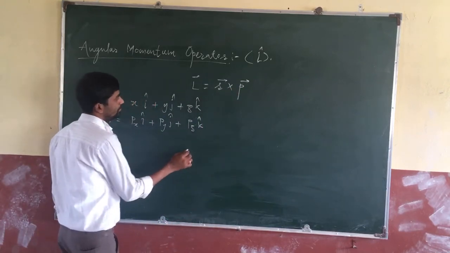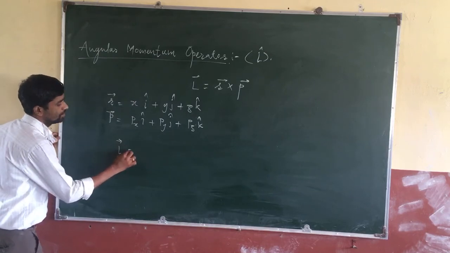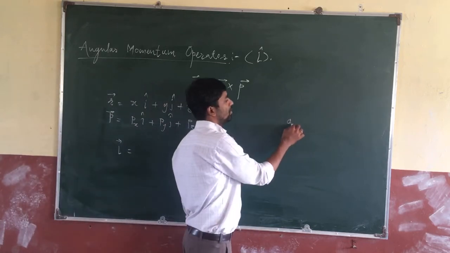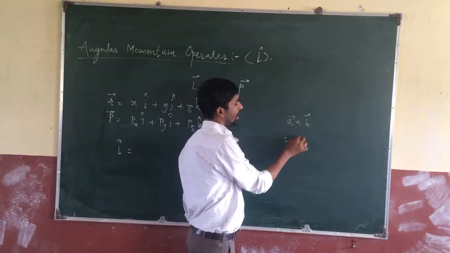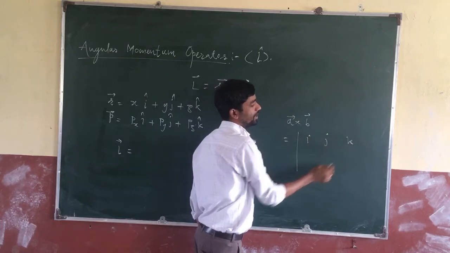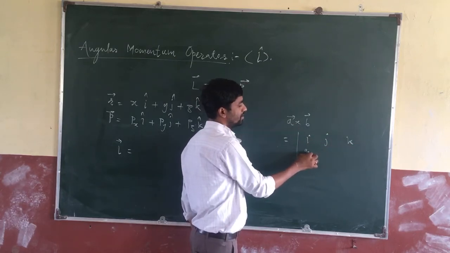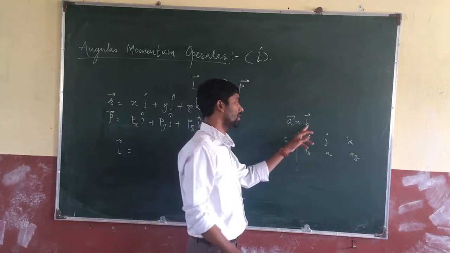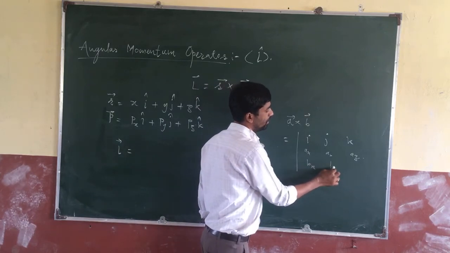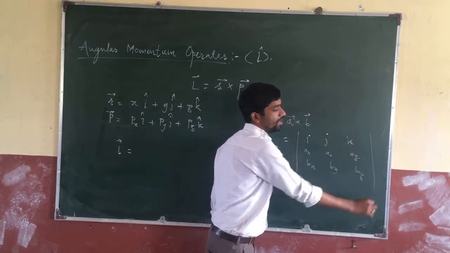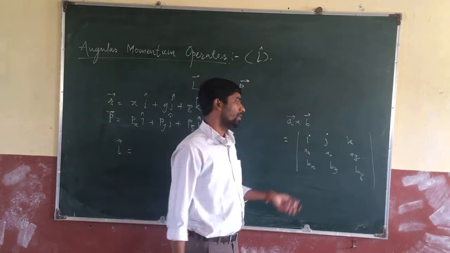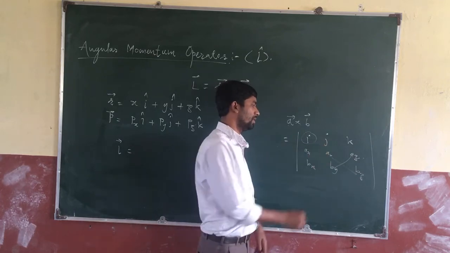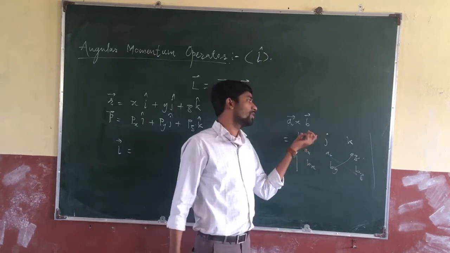this angular momentum L is a cross product of two vectors. Any cross product of two vectors is written with i cap, j cap and k cap in the first row, then the components of vector a along the x-axis, y-axis and z-axis, and similarly for vector b, its components along x, y and z. In this way you have to calculate. First take the cross product of the first term, then minus with the j cap vector, the cross product of these two. You know about this cross product.